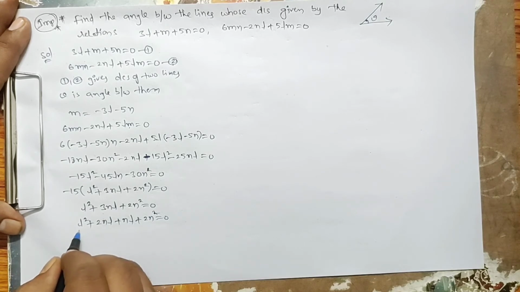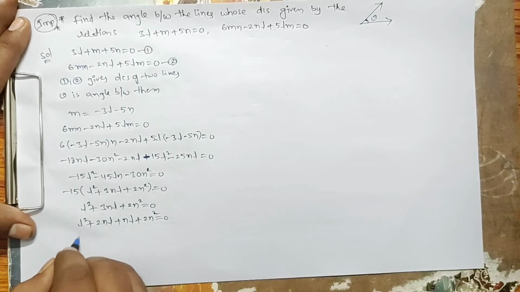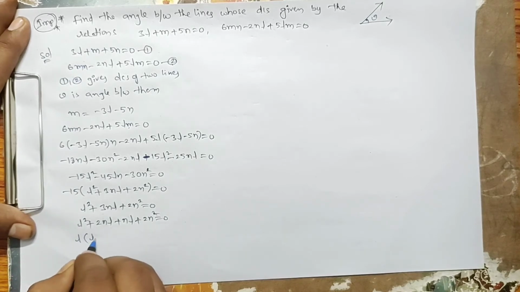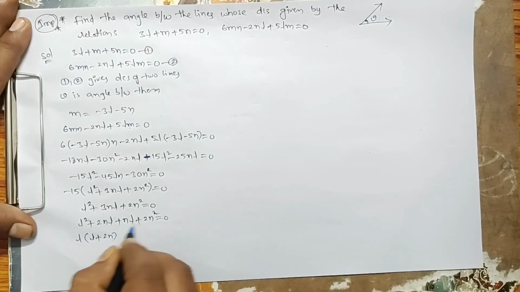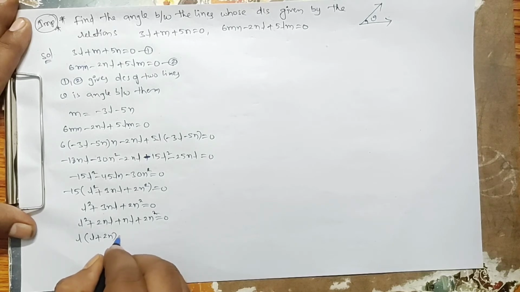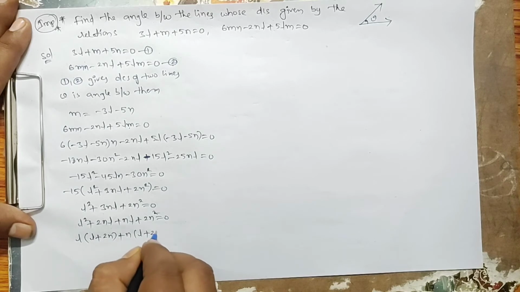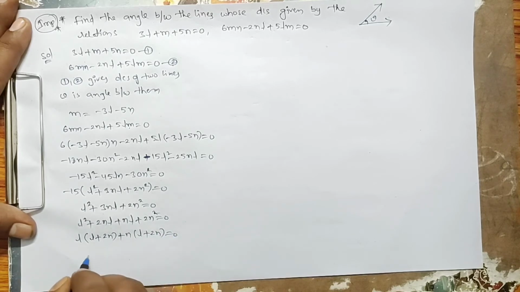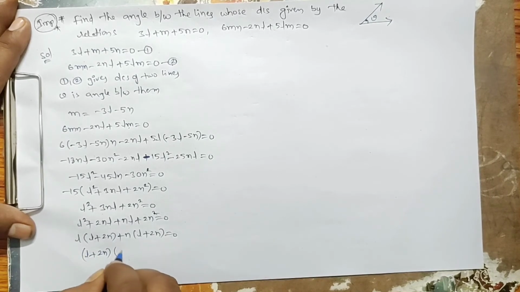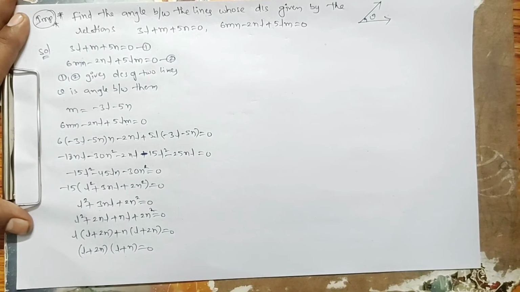In the first two terms l is common, so take l common: l plus 2n. From these two take n outside: n of l plus 2n is equal to 0. Then l plus 2n is common outside, and we get l plus n. So we get l plus 2n is equal to 0